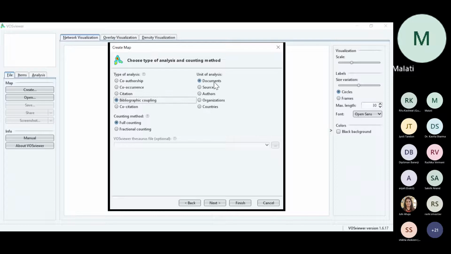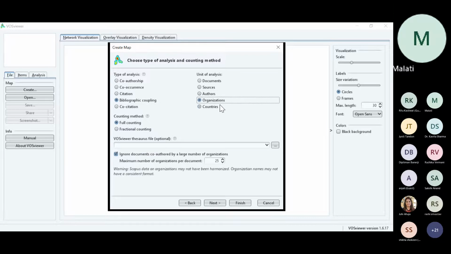If you are selecting documents, it shows which people have taken some of the information and cited it in their work. That relation, that connection will be shown. Sources, this is among the journals; authors, the same thing; among the organizations or institutions; and among the countries. Right?